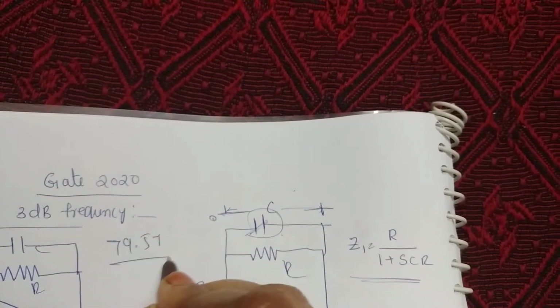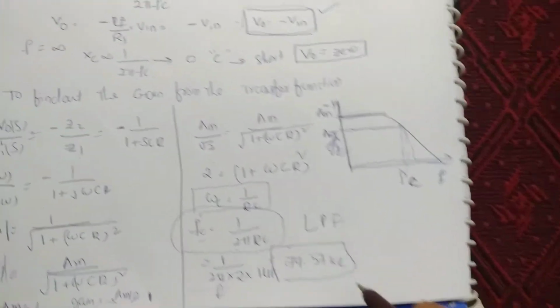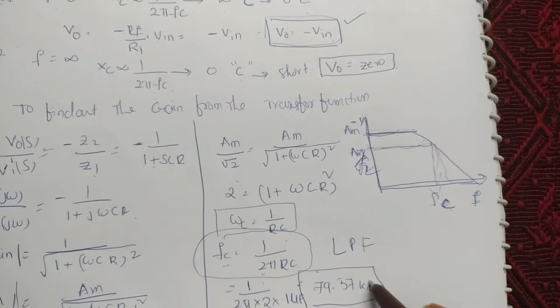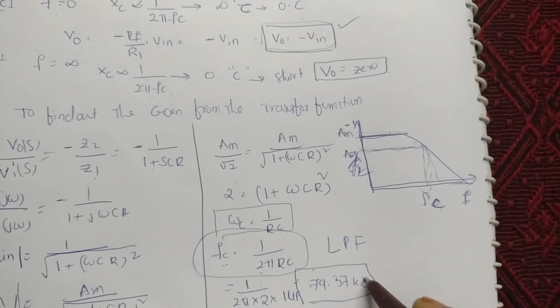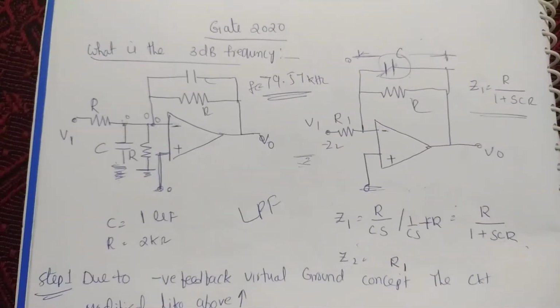79.57 kilohertz. The cutoff frequency is nothing but 79.57 kilohertz. Okay. So if you directly identify the low pass filter,